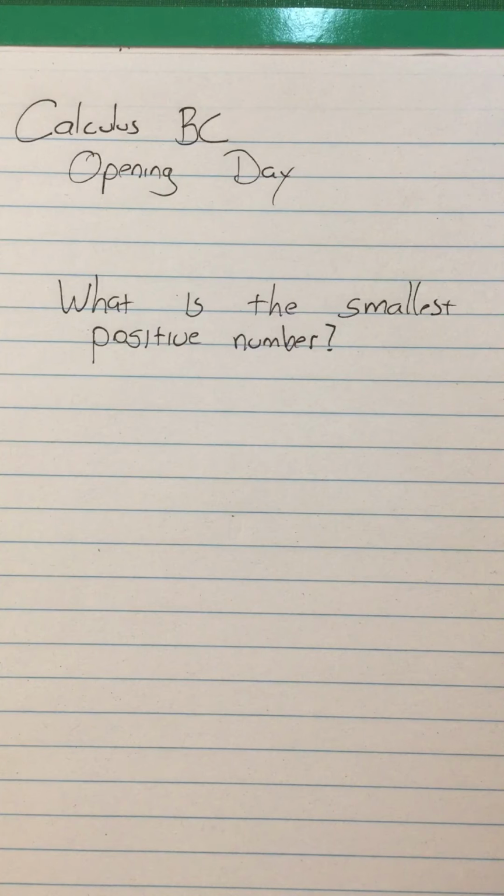What is the smallest positive number? Read carefully over the document that describes the vocabulary. I think it's called something like sets, functions, and logic, or something like that. It's on the website. It's on the Google Classroom. And after you've done that, or maybe while you're doing that, think about the answer to this question. What is the smallest positive number? Now, I'll be discussing some of the possible answers to this question in the next video. So make sure you come up with your answer to this before you watch the next video.